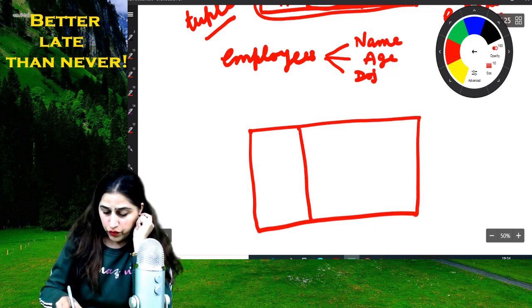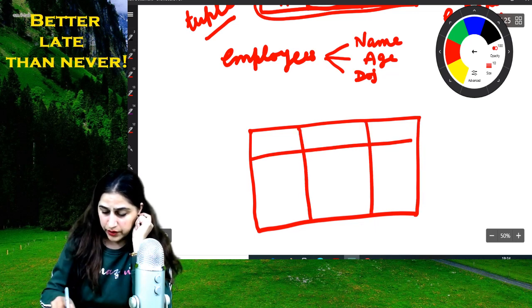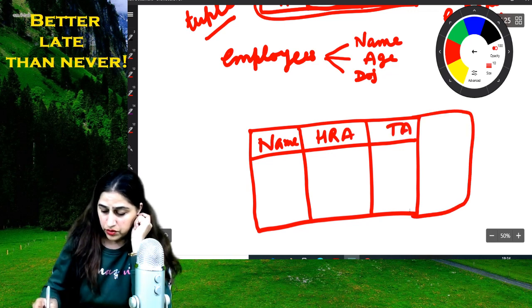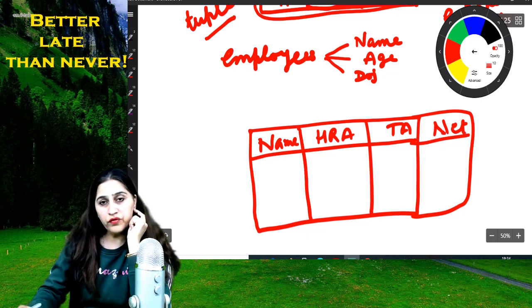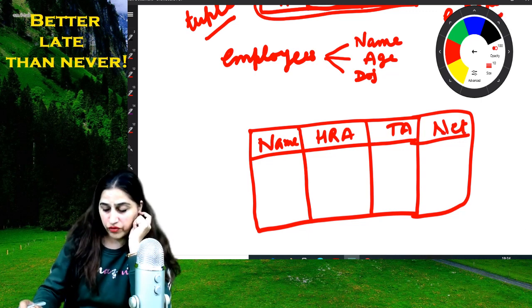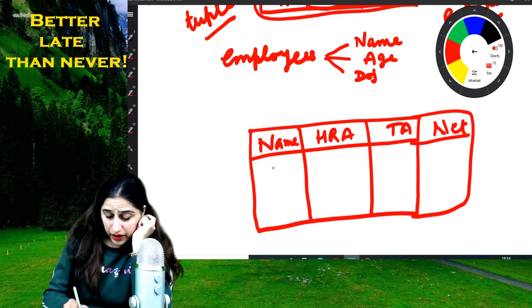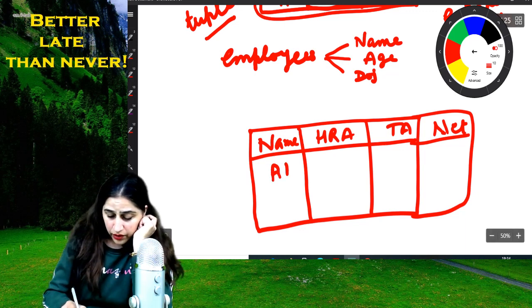in which we want attributes like name of employee, HRA, TA, and then suppose net salary. This table contains information about salary calculation of an employee. In that case, I will write A1, A2 and so on.